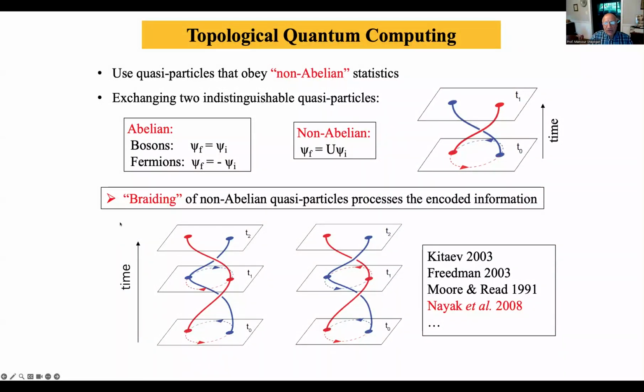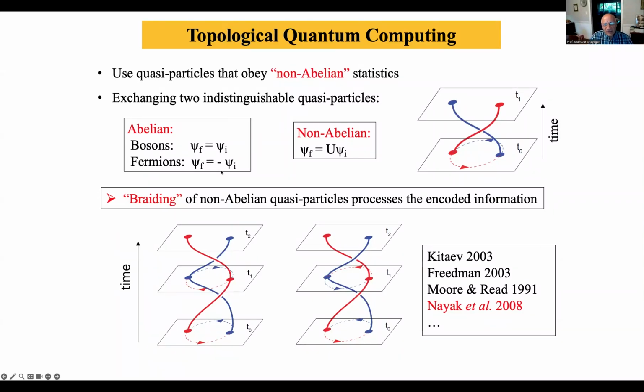So it turns out if these particles are so-called abelian, examples are bosons, the wave function goes back to itself. The final state and initial state are the same if they're bosons. If they're fermions, then you get a wave function which is different by a negative sign. So the magnitude squared is the same, but there is a